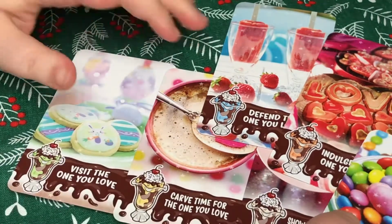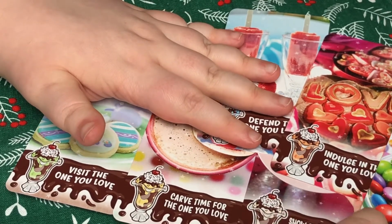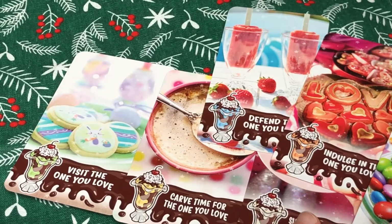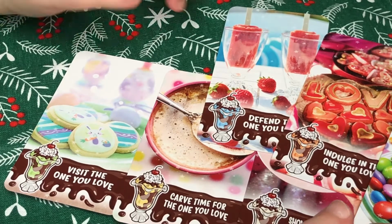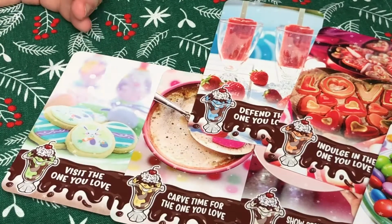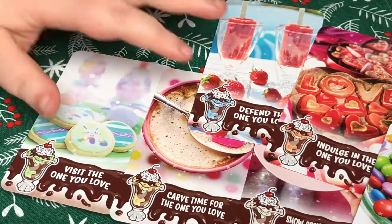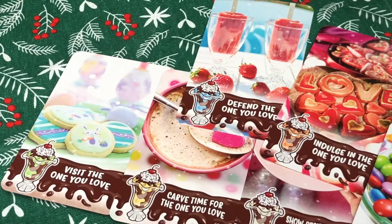Surprise the one you love. I think I'd love to surprise them once, because I'm fully vaccinated now, so I could go over, but just to be safe, I'll wait until restrictions are lifted and all that stuff, and I would love to do that, because we need to defend their